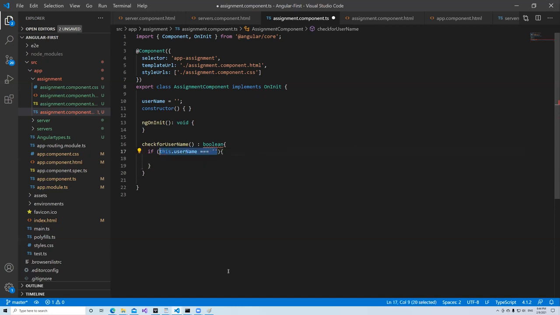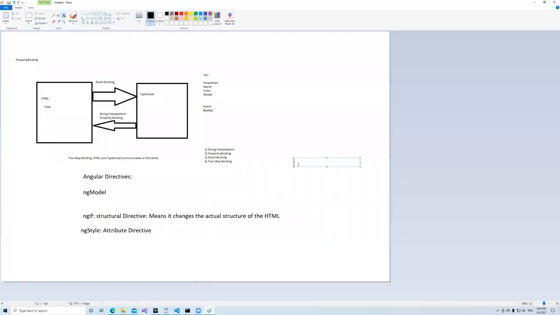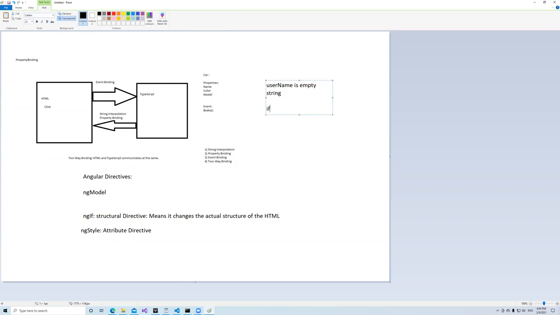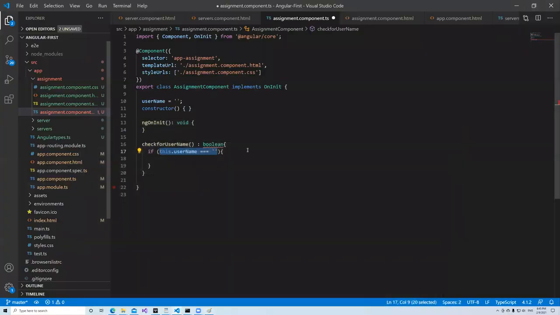So this one in here tries to see if username is an empty string. Whatever we have here, username 3 equals is for comparison. And I'm saying if it's empty, I want to not show, right? So in this case, I would want to